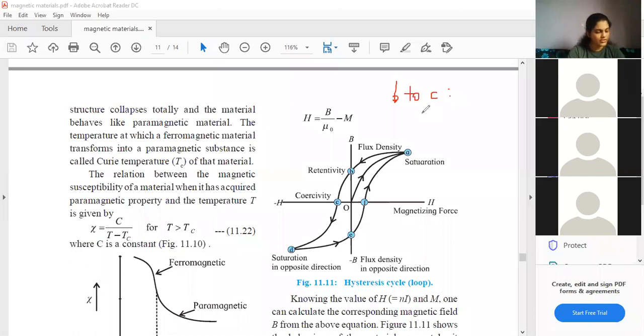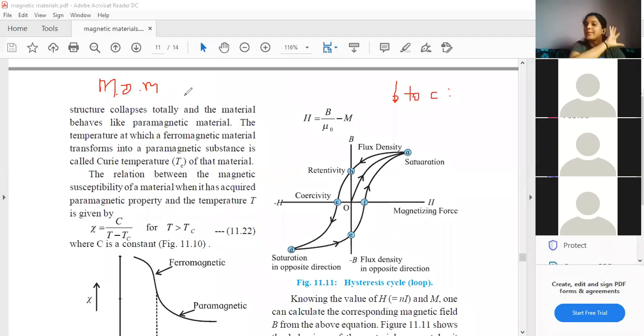Current's direction changes. So now H, that is your capital H, will try to break MDM. Students, MDM means magnetic dipole moment. So as a short form, you may write it down: M dot D dot M, that is magnetic dipole moment. I'll repeat, current's direction changes. So now H, that is your capital H, will try to break MDM.